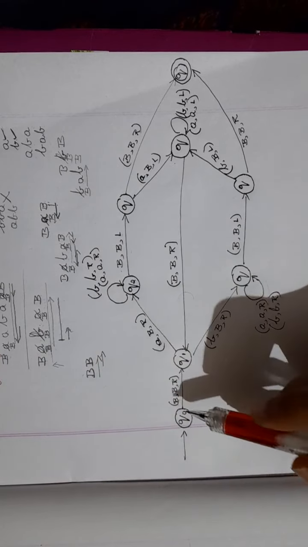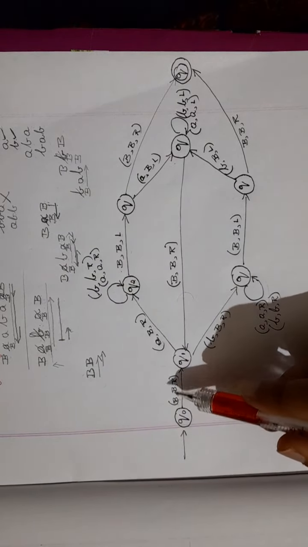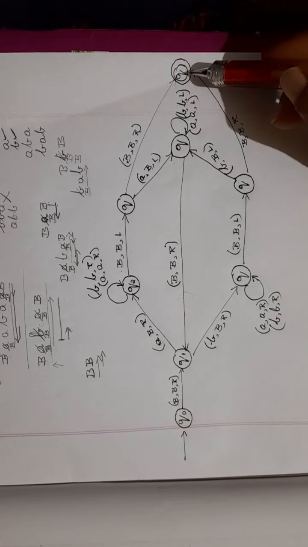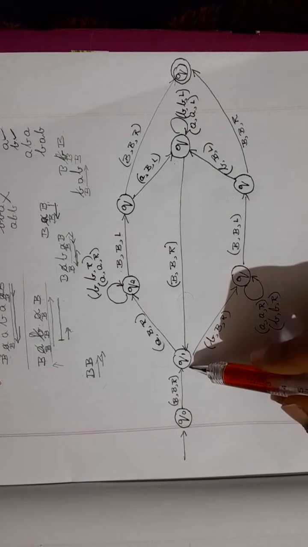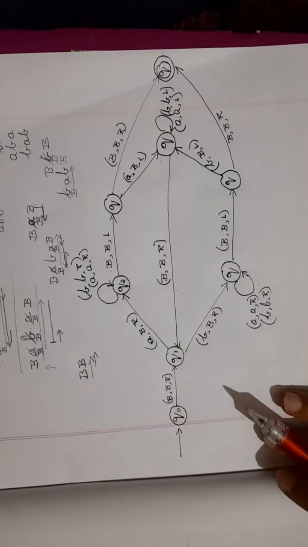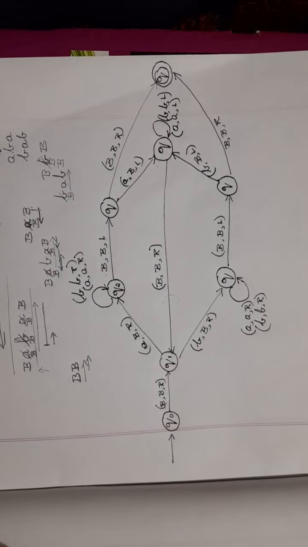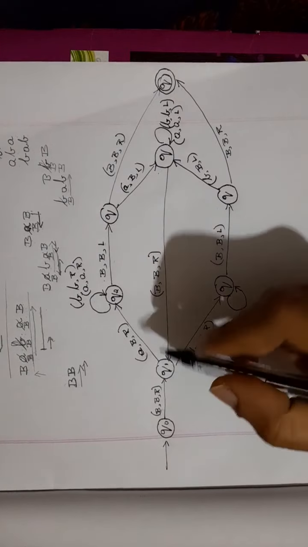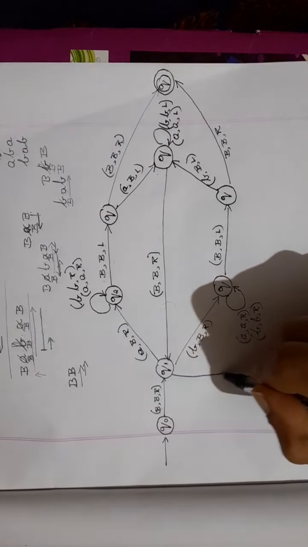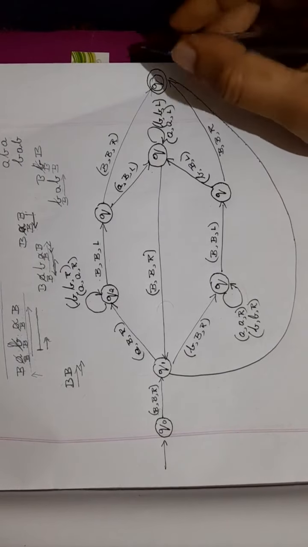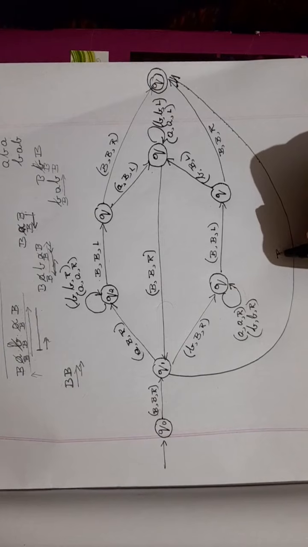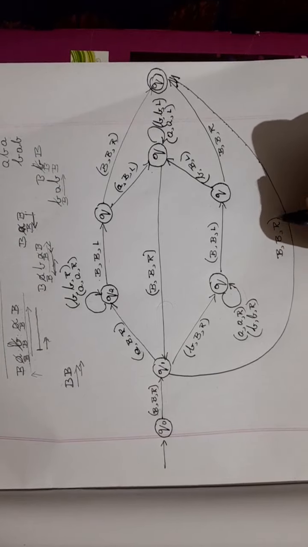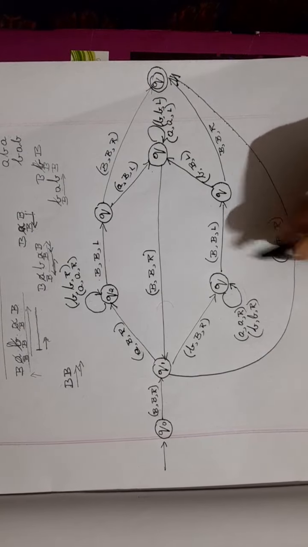So what I'll do is, if it is B, I'll keep it as B itself and I'll move right. My final state is here. So I'll take a transition from Q1 to the final state here. So what am I doing? If I am reading B, I'll keep it as B itself and then I will move right. So this is a Turing machine.